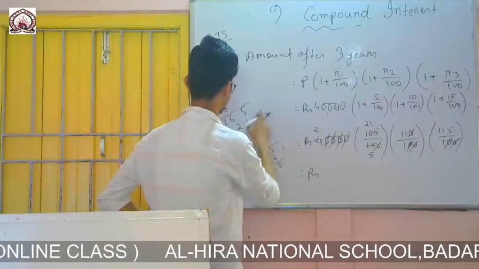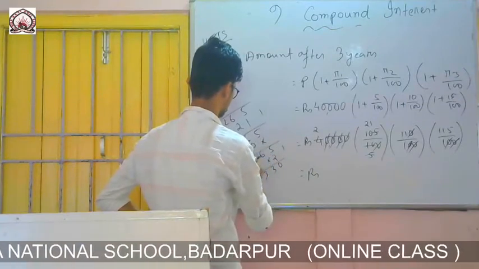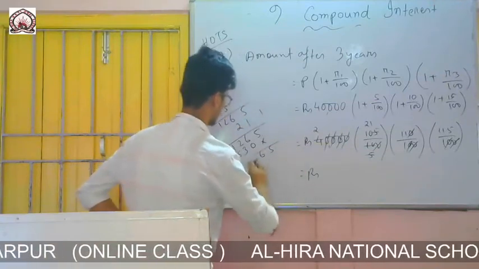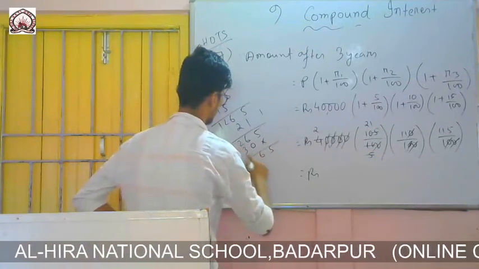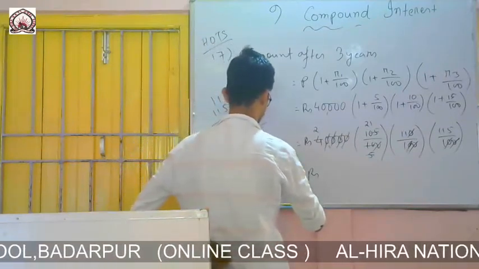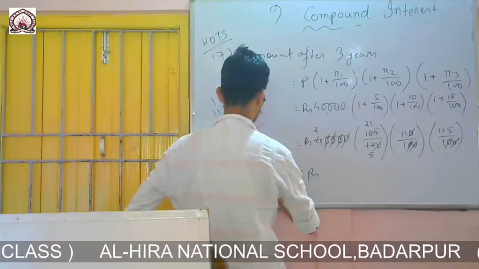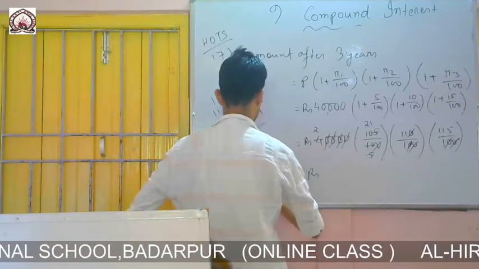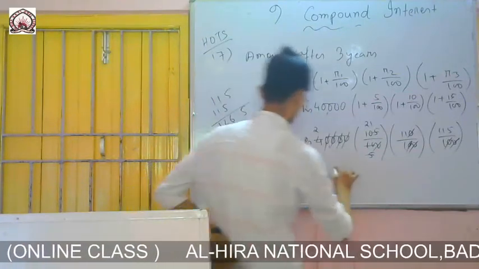Yes, sorry, there I made an error. It will be 2 5 6, then 3 2 5, 5 and 1 6, then 2. So this one I have to multiply by 2. 5 2s are 10, 0 and 1, 6 2s are 12 and 1 13, 3 and 1, 2 5s are 10 and 1 11, 1, 6 2s are 12 and 1 13, 3 and 1, 2 and 1, 2 2s are 4 and 1 5. So it is 53130 rupees.